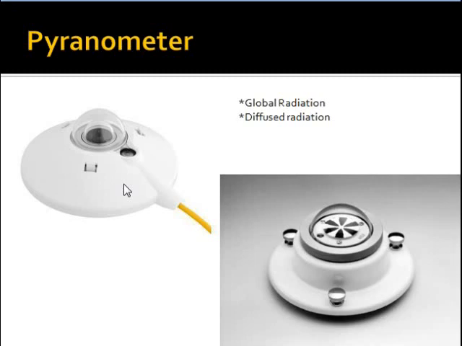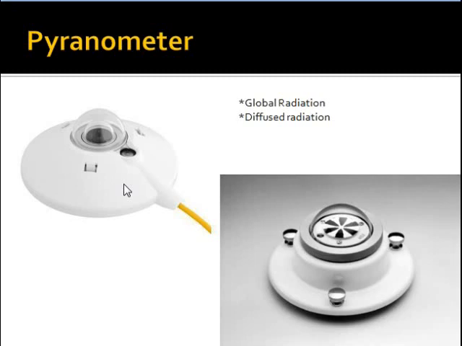There will be two thermopile junctions, cold and hot. The hot junction is exposed to sunlight, and the cold junction is covered and kept away from the sunlight. When there is a temperature rise in the thermocouple exposed to sunlight, this produces EMF in the circuit, and an EMF proportional to somewhere between 0 to 10 millivolt is measured and recorded.